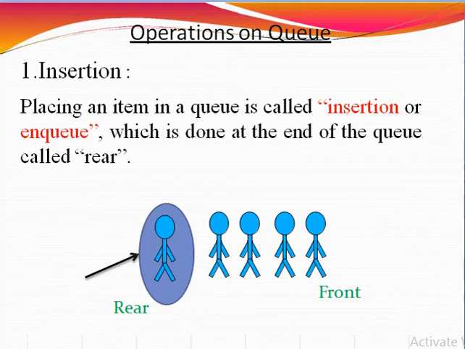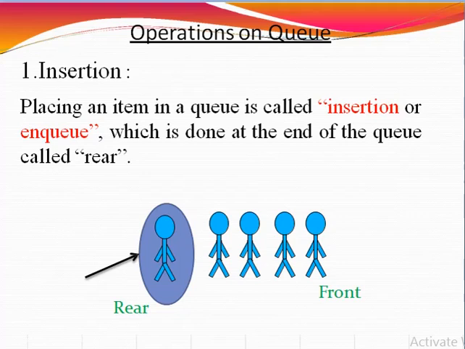Step number 3, if the queue is not full, then we can increment the rear pointer to point to the next empty space. Step number 4, add the data element to the queue location where the rear is pointing. Wheresoever the rear is pointing, we can add the data element at that queue location.